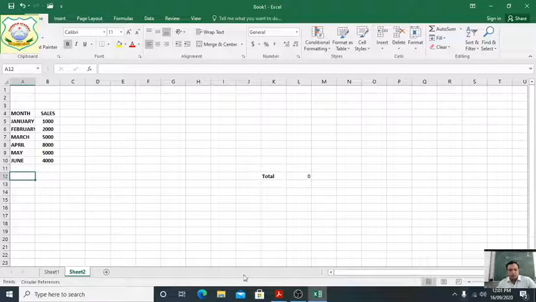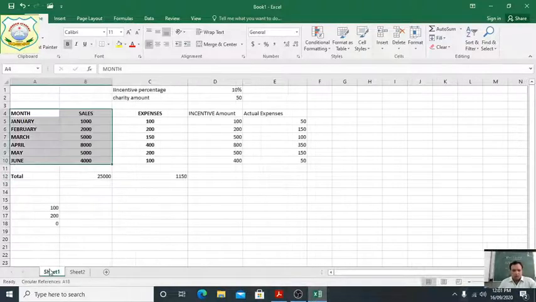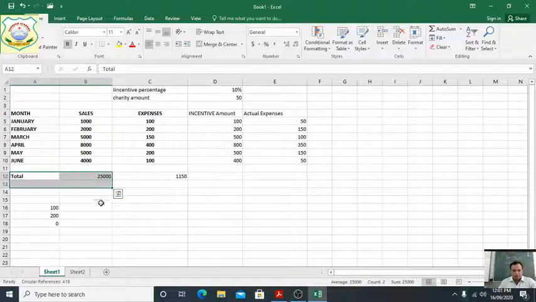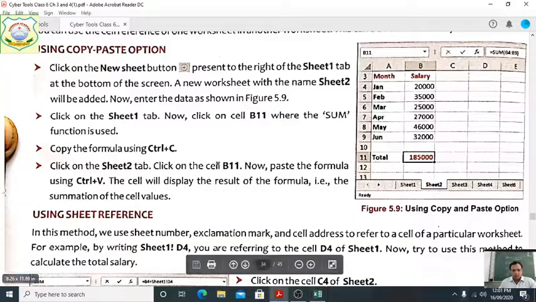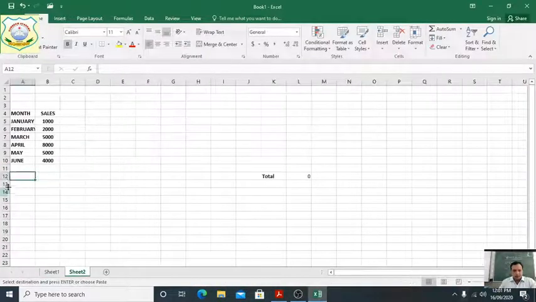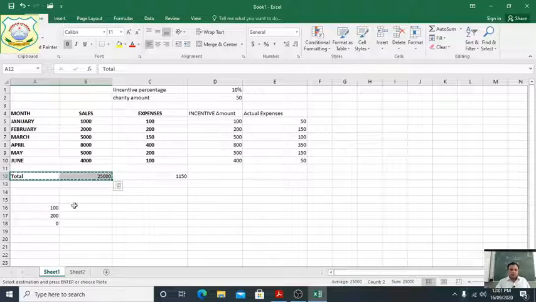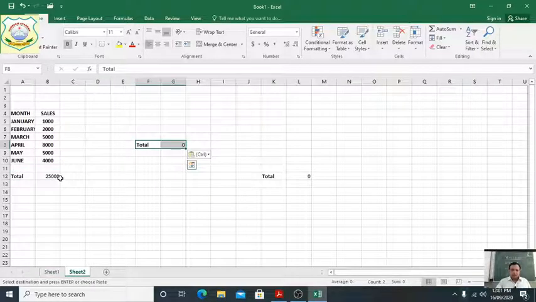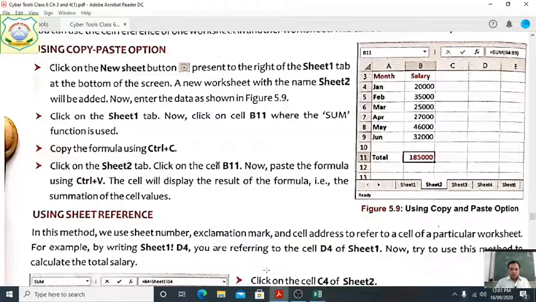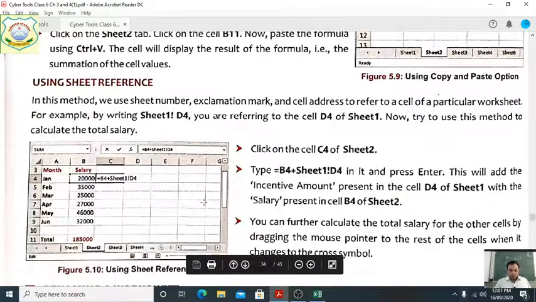Control V. Now from this we just copy this one, Control C. Here Control V. The value has come, but if you put a plus anywhere, it comes 0, because the cell address of the previous sheet is the same as what you are putting in sheet 2. So here we are getting the same value. Clear, students? Next one is using the sheet reference.